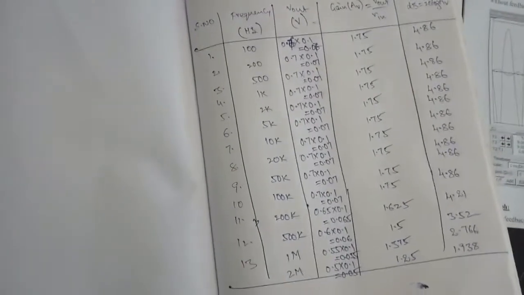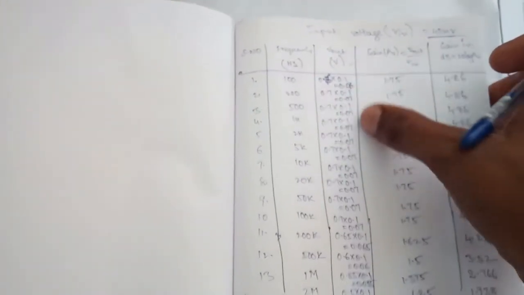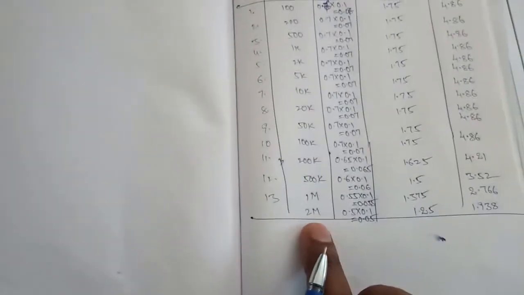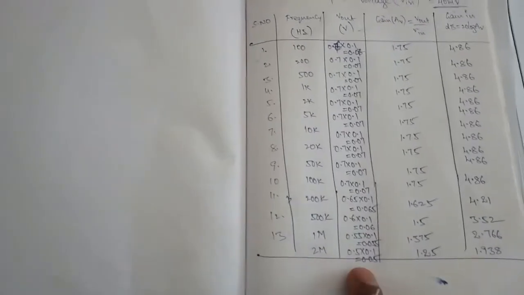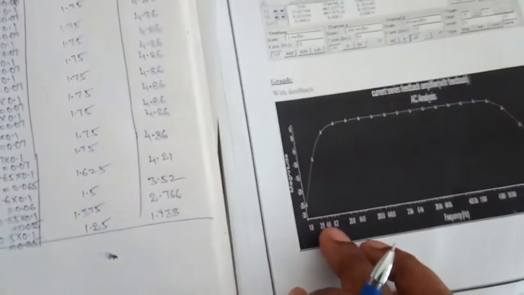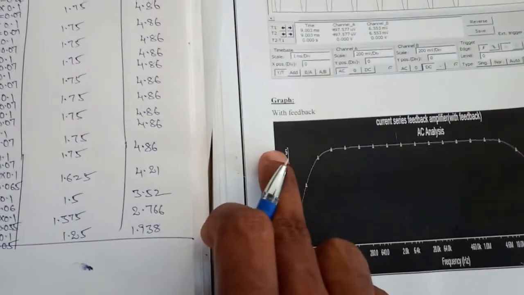Stability is the main parameter in electronic circuits. If you plot this response, we will get like this. The gain is very low, of the order of 1.75. Starting at 100 Hz we get the maximum gain, that is an amplification factor of 1.75, with 70 millivolts output. After that the gain is reduced to 50 millivolts at 2 megahertz. If you plot this, we get the response like this. The maximum gain is 0.5.